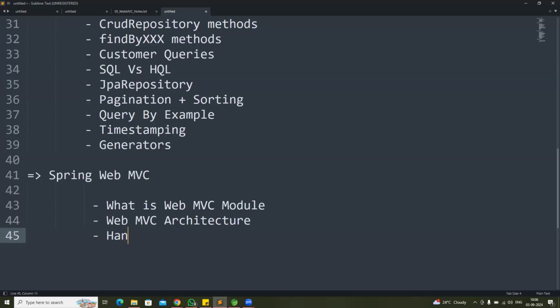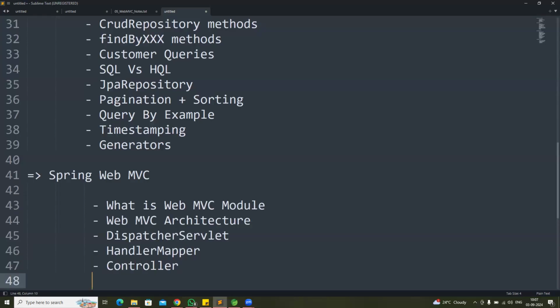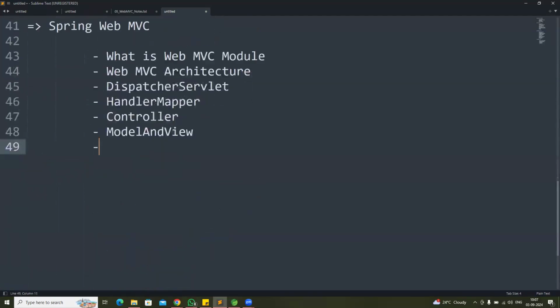So here we learnt about dispatcher servlet. What is the purpose of that dispatcher servlet? What is the purpose of a handler mapper? What is a controller? What is model and view? And we know what is view resolver, and we know what is view component,